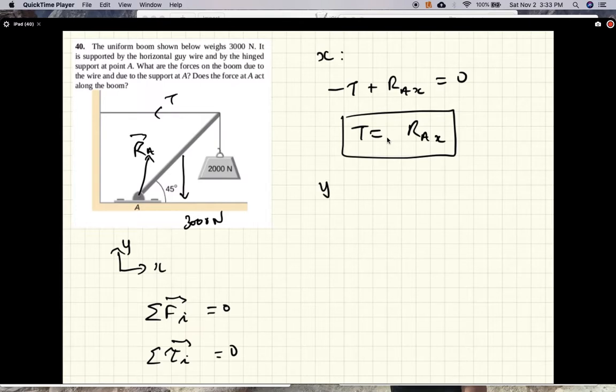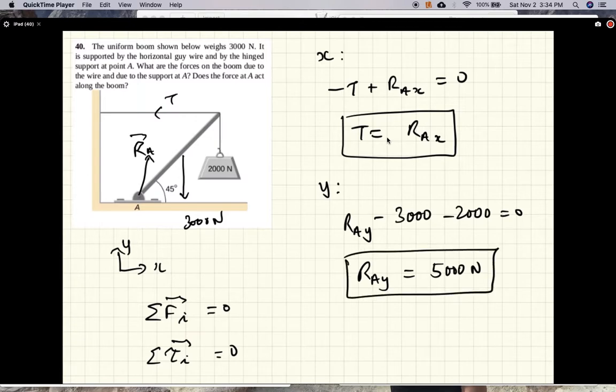And let's look at the y components of the forces. The tension doesn't have any y component. This has a y component. So Ray minus 3000 minus 2000 equals 0. So Ray equals 5000 newtons. So we have the y component, but the tension is still undetermined. And the way we'll get that is from